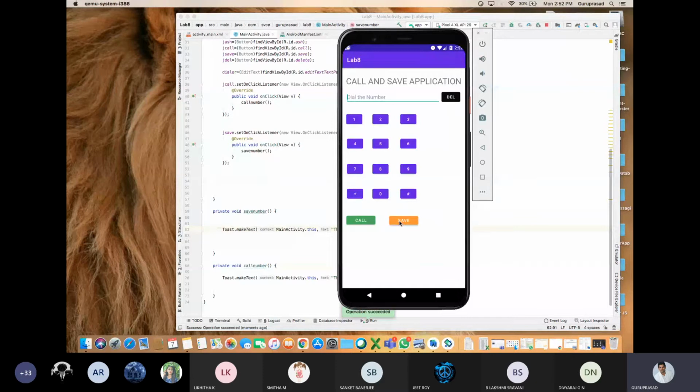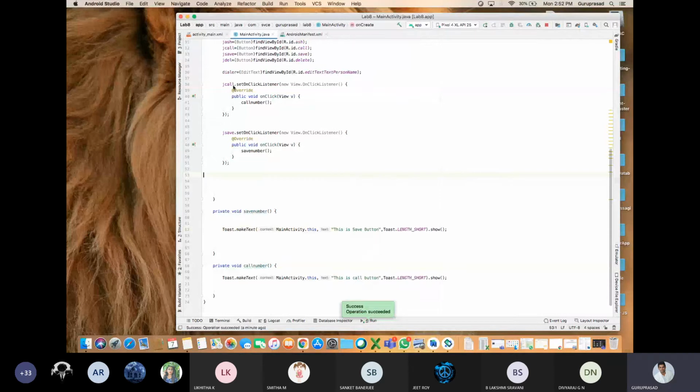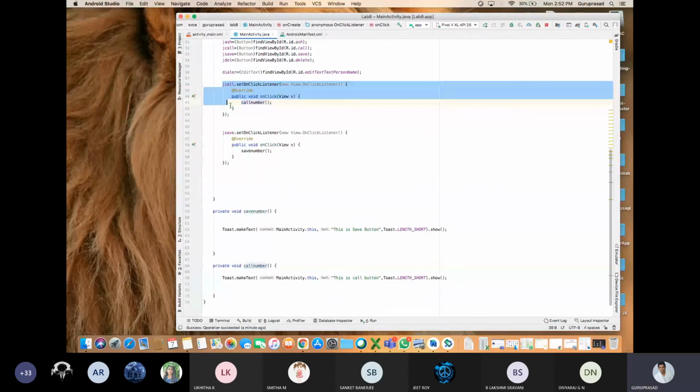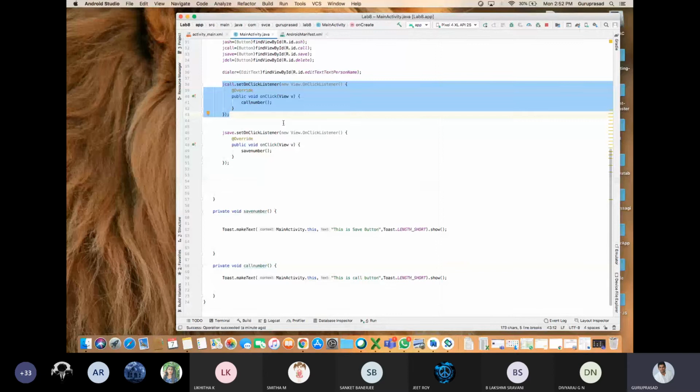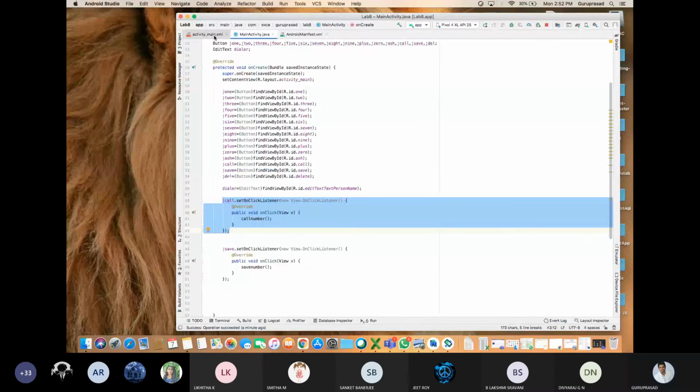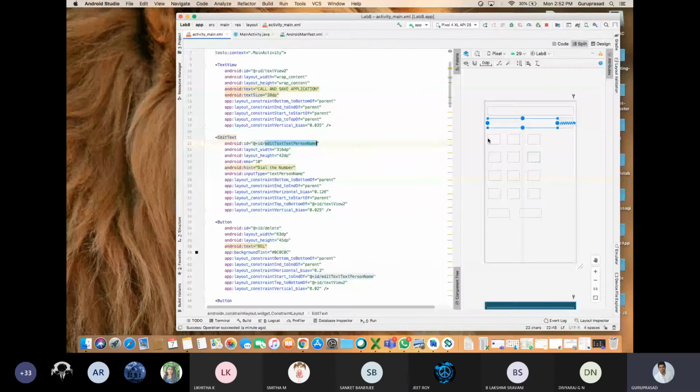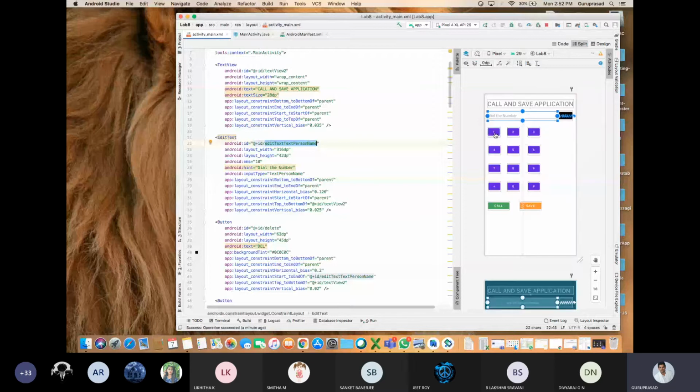If you have one button, one function, then you can use it like this. This is a method to use. I have taught you like this only. But here, what is happening? How many buttons? 1, 2, 3, 4, 5, 6, 7, 8, 9, 10, 11, 12. 12 buttons, including delete, 13 buttons. It should play in the edit text only.